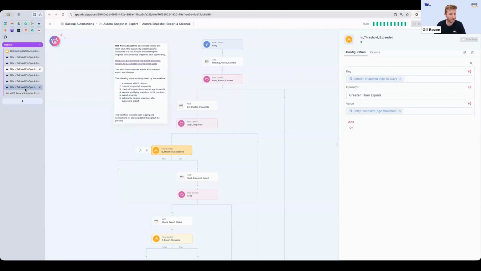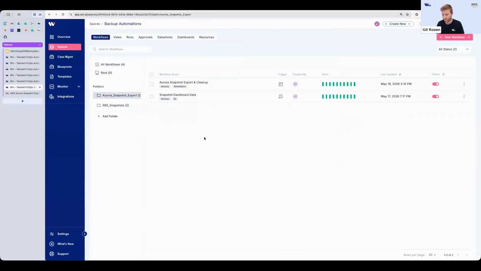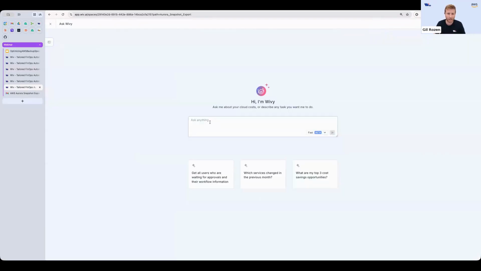And one last thing that I want to finish with is, what if we don't know exactly what we need to optimize? What if we don't know where to start? For this, we have Wiv.ai, and I can ask Wiv.ai a very simple question: what's the one thing about our backup spend I should know that I probably don't?